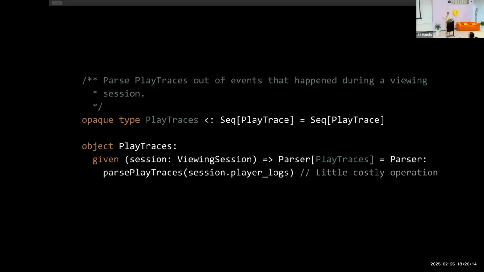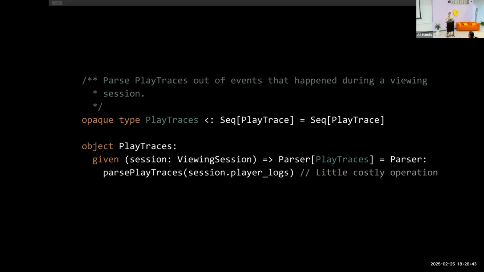Okay, so here's the API. One would create a file called, let's say, play traces. It would create a type, doesn't have to be an opaque type, but here we created an opaque type. And this is going to be the actual implementation of play traces: a sequence of play trace. And then we're also making it extend the sequence of play traces, so you can play with it.